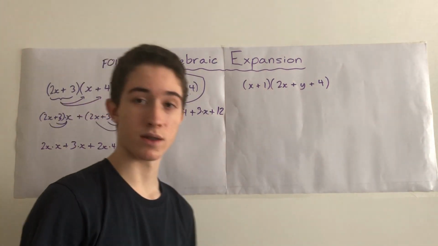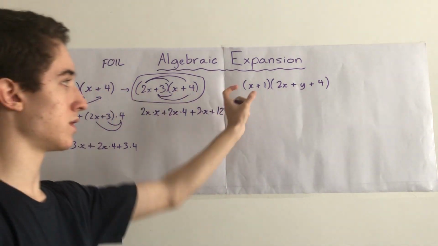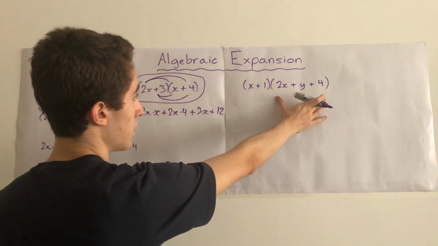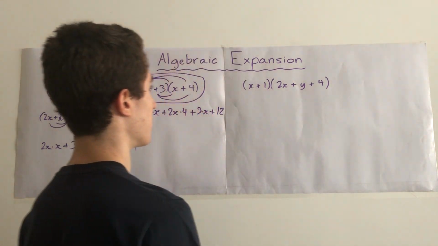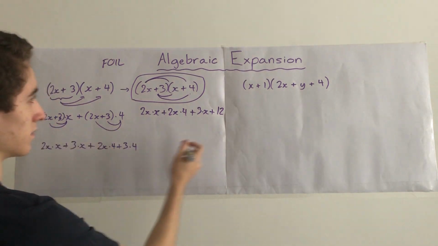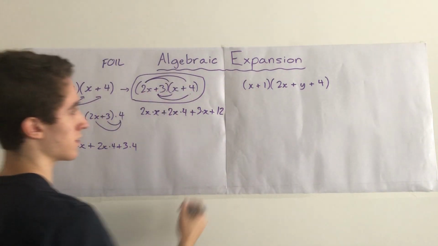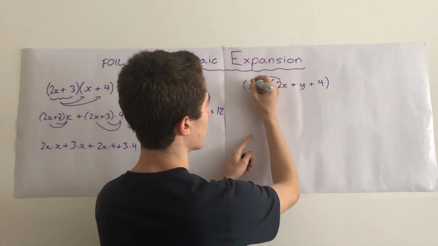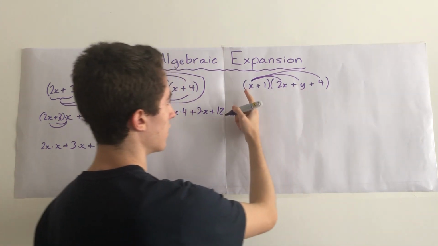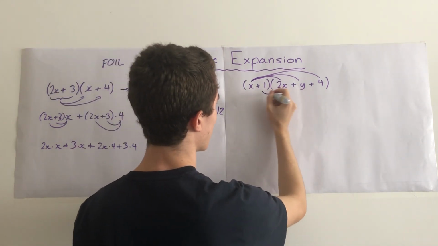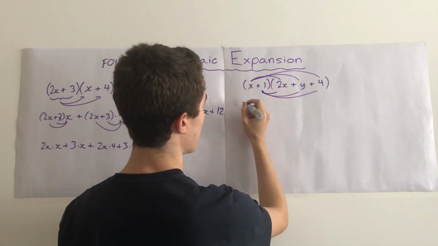And now let's go through an example where it's not just two terms added together. Now you have one parenthesis that has 3 of them, and it works exactly the same way. So here you can do again this distribution to each term, but I'm just going to skip to this process, which would be multiplying each term of this parenthesis by each term of that one. So first we have x times 2x